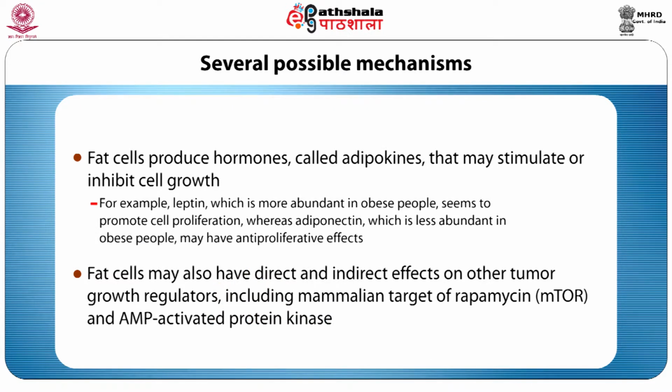Fat cells produce hormones called adipokines that may stimulate or inhibit cell growth. For example, leptin, which is more abundant in obese people, seems to promote cell proliferation, whereas adiponectin, which is less abundant in obese people, may have